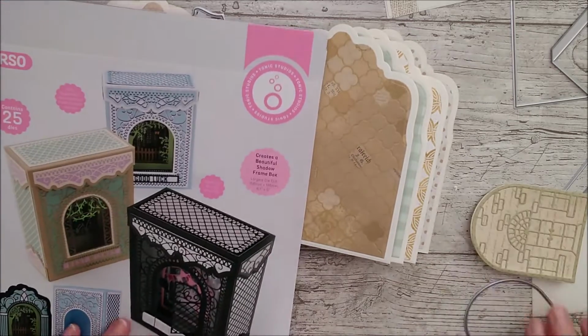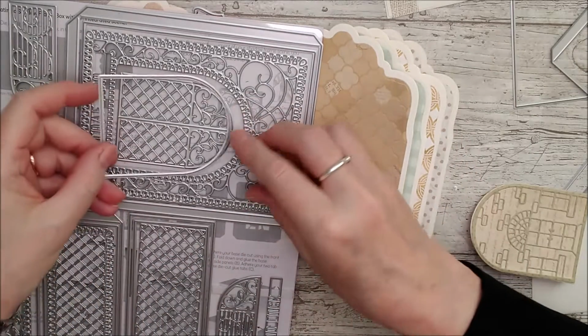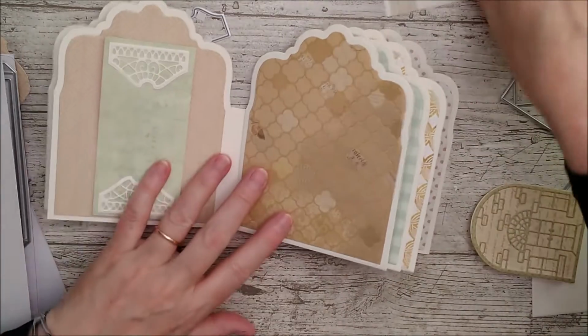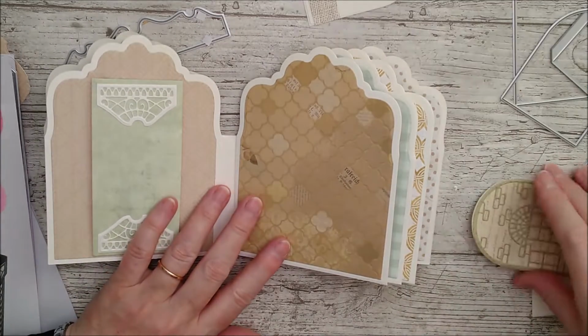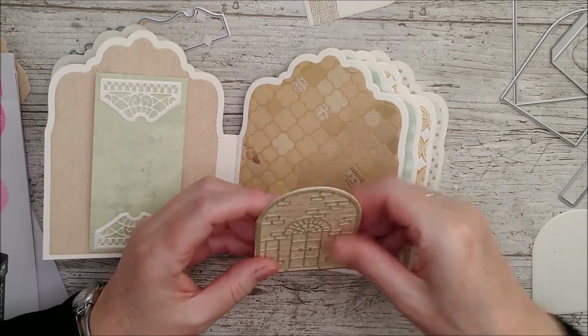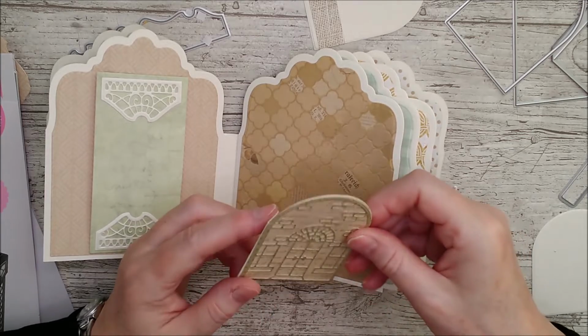Now you could actually use the scalloped one, you could use whichever one you like from any of the sets, but I've used the one from in here, and that's the one I've used for my tags as well, as you can see, just here. So I've cut that out in green paper. I've used the two dies together, and then I've used the plain one for the background and on some ivory